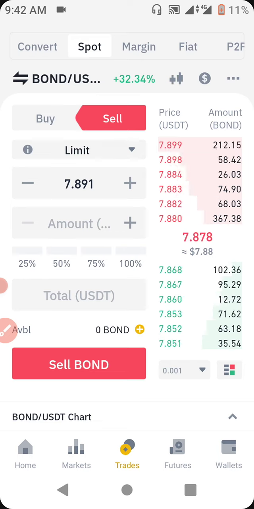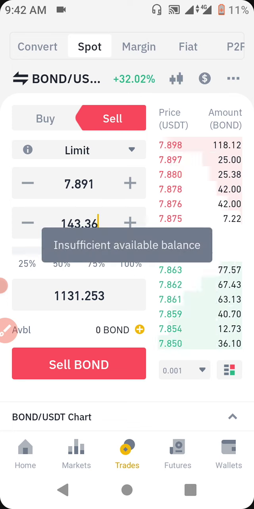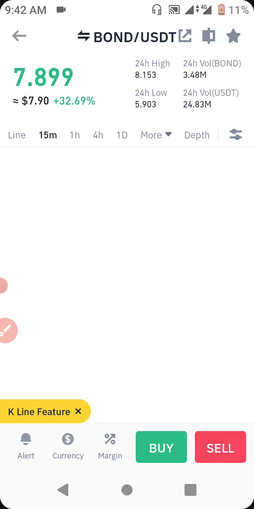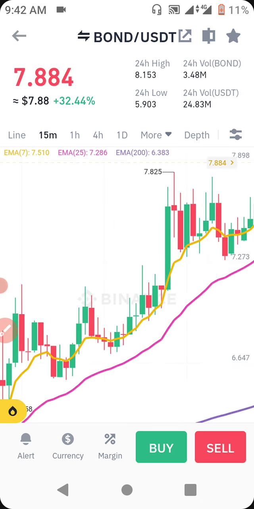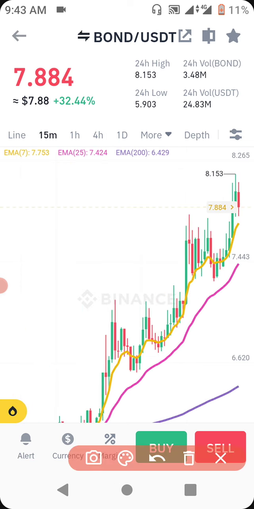I can see even if you sell at the market price, you are still going to gain more. If you did that, you hit the first resistance. That's the first resistance right here. You can see there's a resistance right there,